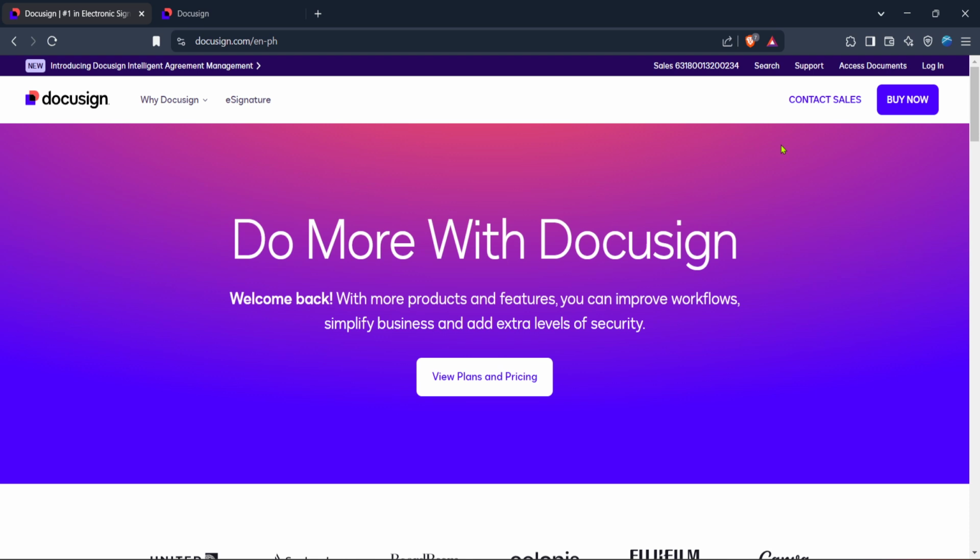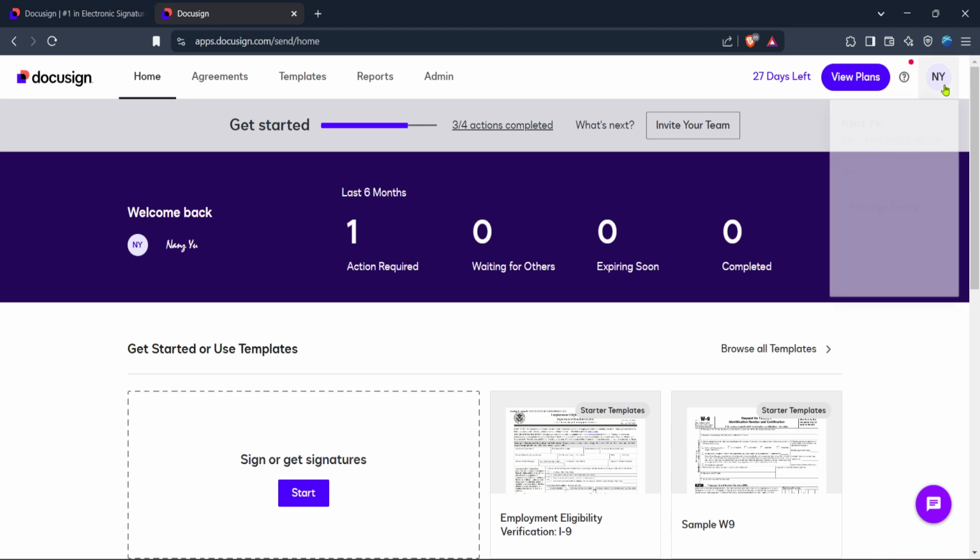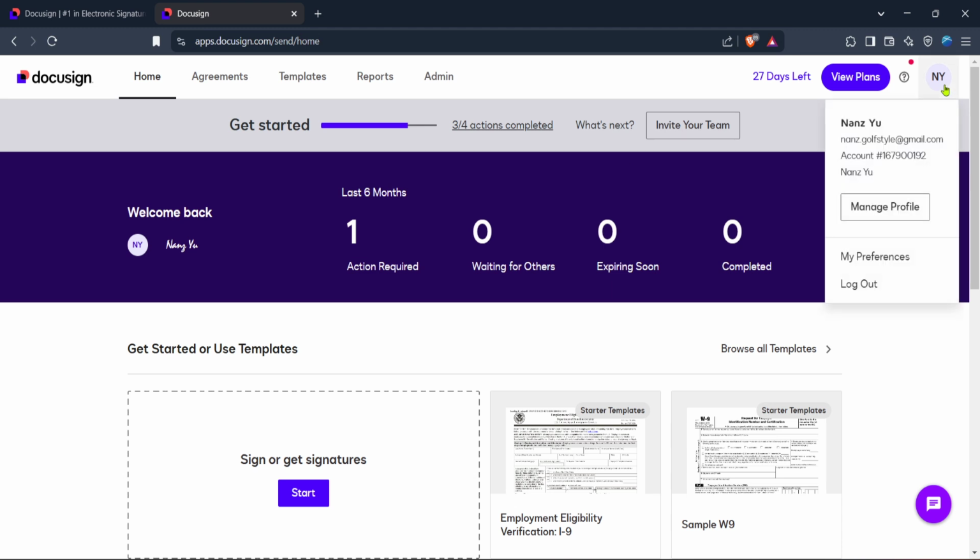After successfully logging in, you'll land on the DocuSign homepage. This is your command center where you can manage your documents, signatures, and various transactions. Here, you'll want to focus on accessing your profile settings, so find and select the profile icon. It's usually represented by a small user silhouette, often located either at the top or the upper right side of the page. Clicking on this will give you access to more personal settings.